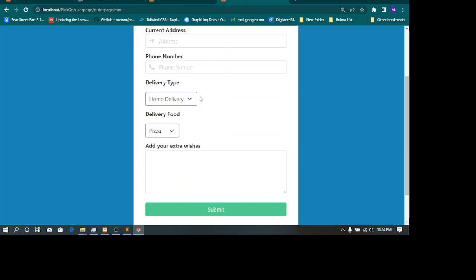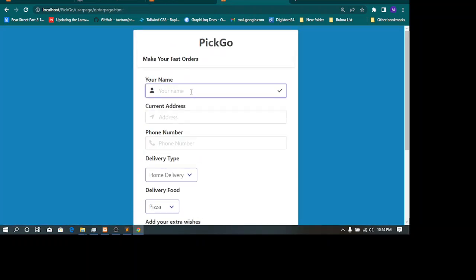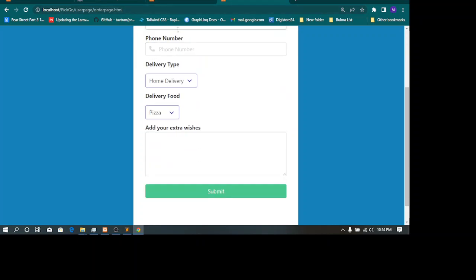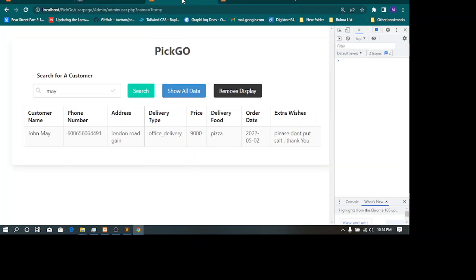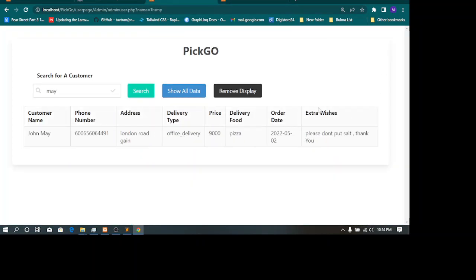So here we could keep inserting data, and maybe in your restaurant business, after the data has entered the database successfully, you could give them a call for a confirmation, and tell them, I'll be coming over to deliver, if the delivery type is home delivery.